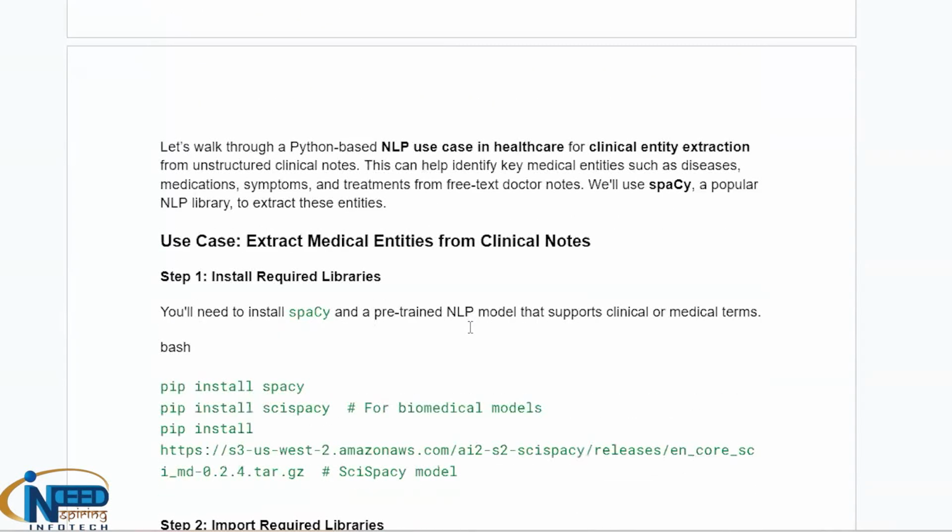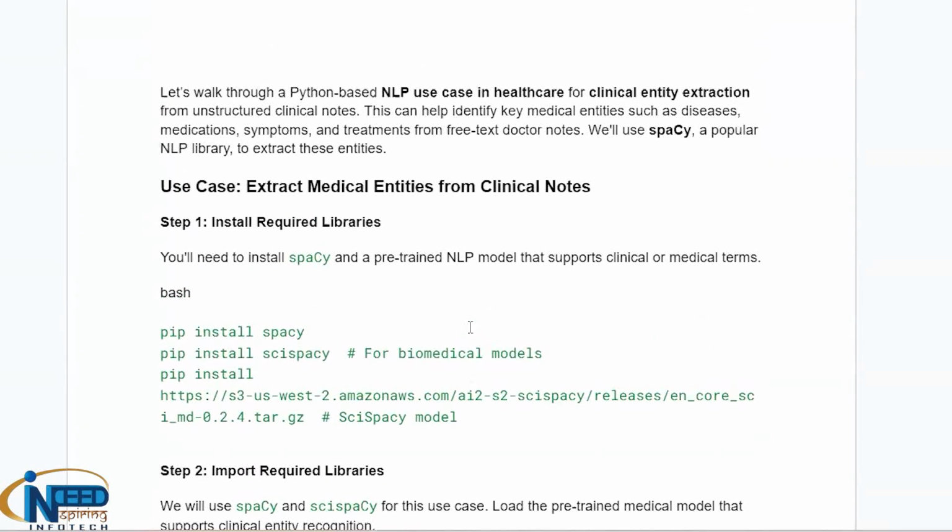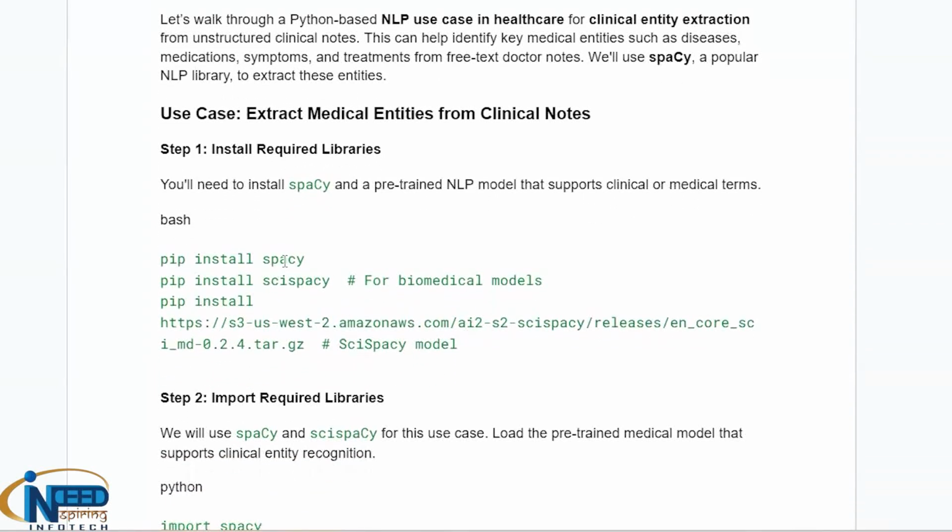Let's talk about some use cases with the help of Python. So let us walk through Python-based NLP use cases in healthcare, starting with clinical entity extraction from unstructured clinical notes. This can help in identifying key medical entities such as diseases, medications, symptoms, and treatments from free-text doctor notes. We'll use scispaCy, a popular NLP library, to extract these entities. So yes, let us basically